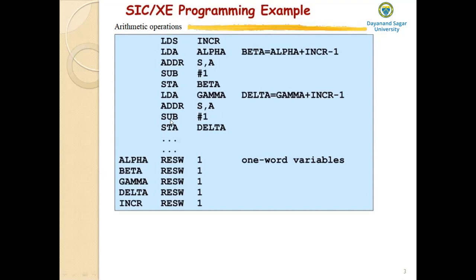This subtraction instruction is an immediate addressing instruction. Now the result is in register A. From register A it is stored into the desired destination. The destination here is delta, which is a one word variable. So store register A into delta. That's it.